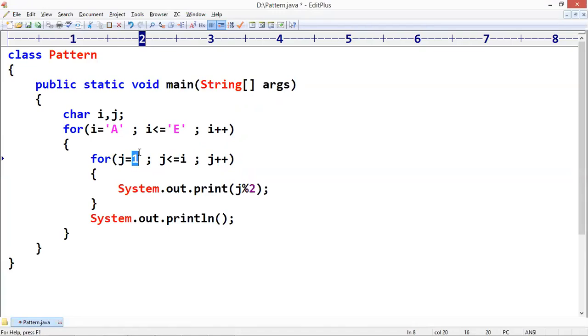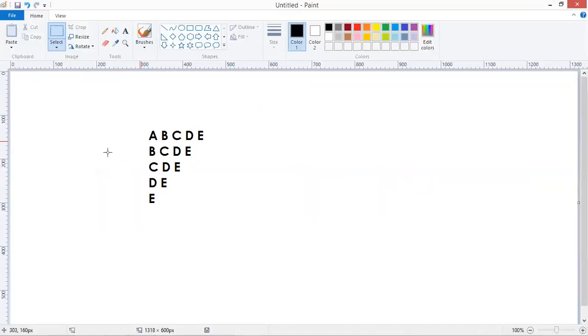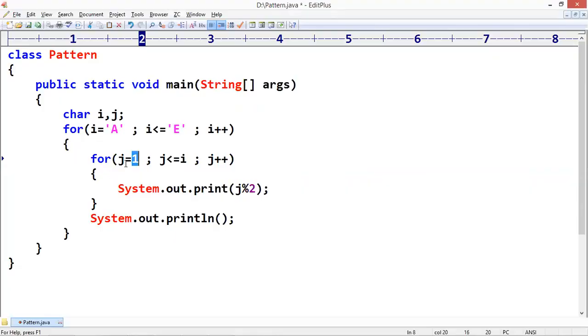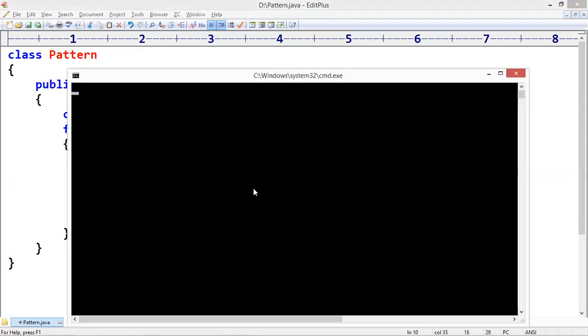The j value starts with A, look at this, every time A, B, C, D, E. That is, it starts with i to E. We are printing this j.